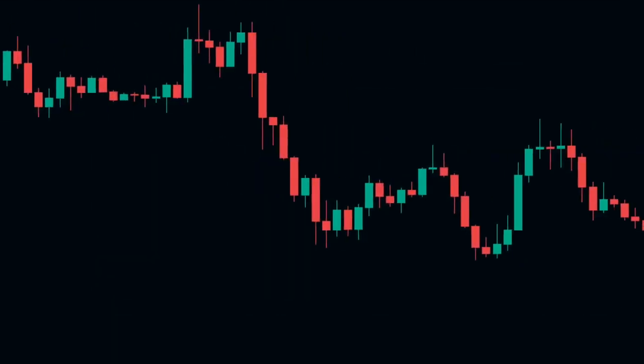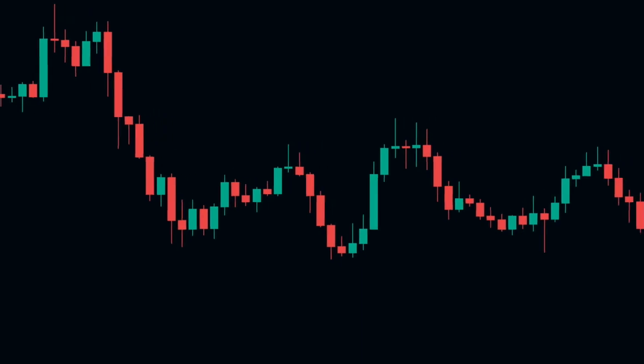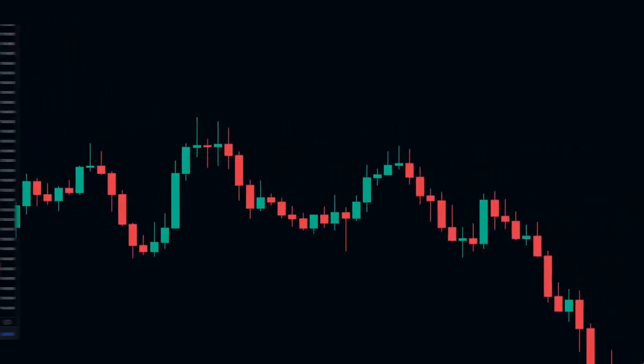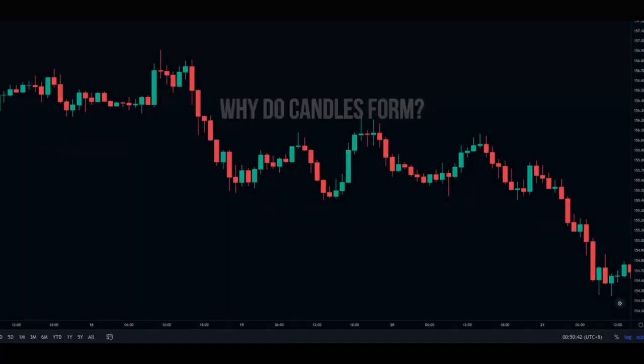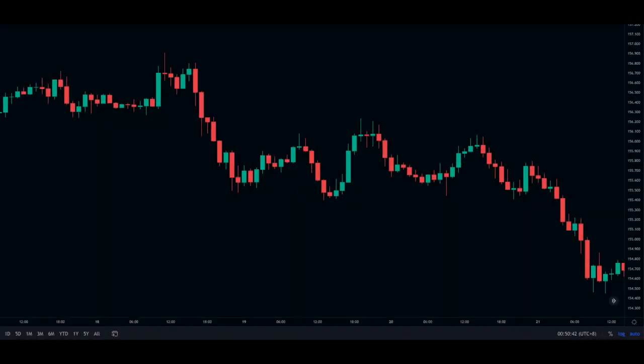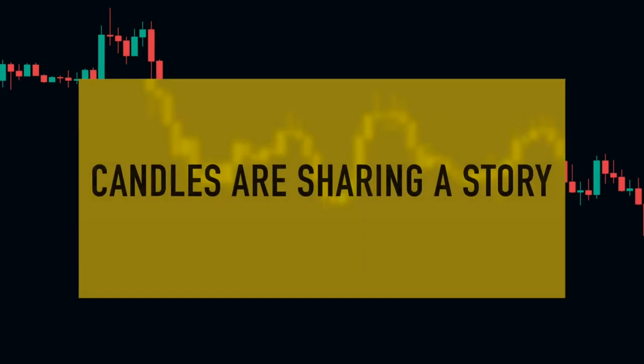Candlesticks are a highly detailed form of charting. Using candlesticks, we can build a high probable prediction of what price is going to do next. I'm going to dive deep into candlesticks with you. I want you to fully understand why they form, what they mean, and how to use them to your advantage. We'll actually be looking at each candle's story. That may sound silly, but each and every candle is telling you a story about what price has done and